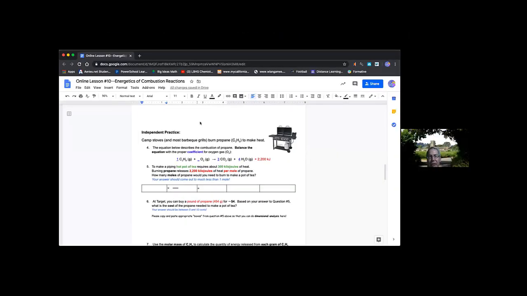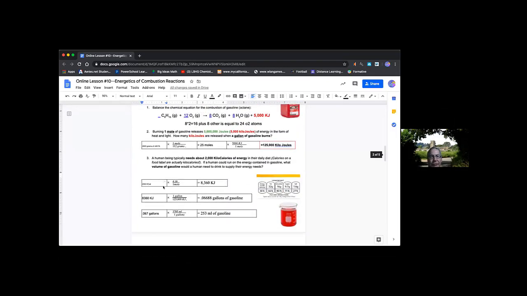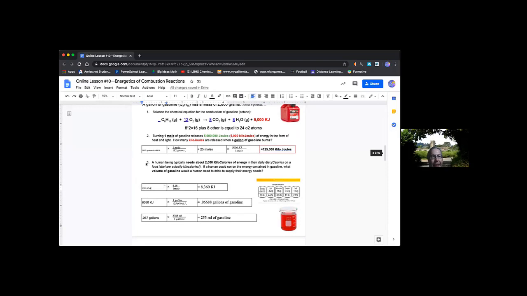Okay, great. So I'll share my screen now. Yep, hold on. Yeah, okay, great. All right. So I was confused on question number 3. This one. Why would you convert it from gallons to milliliters? You don't have to, but do you know how big 0.067 gallons is? Not really. So that's why you do it, so that it makes sense in the end.